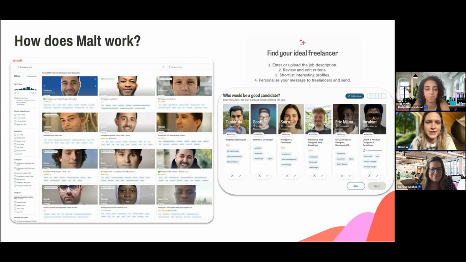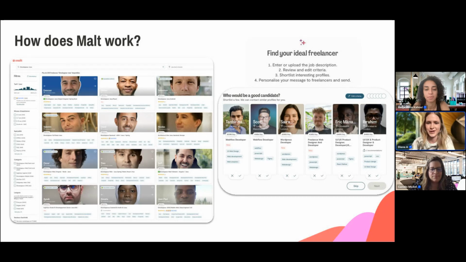And I think one of the main things that stands out straight away is that the profiles on the first pages are the profiles that are fully complete. I'm not sure if you can see on the screenshot, some profiles even say new, which we will also touch upon in the next couple of slides. But yeah, so this is how Malt works. It's quite straightforward. We try to help you at as many stages as we can.